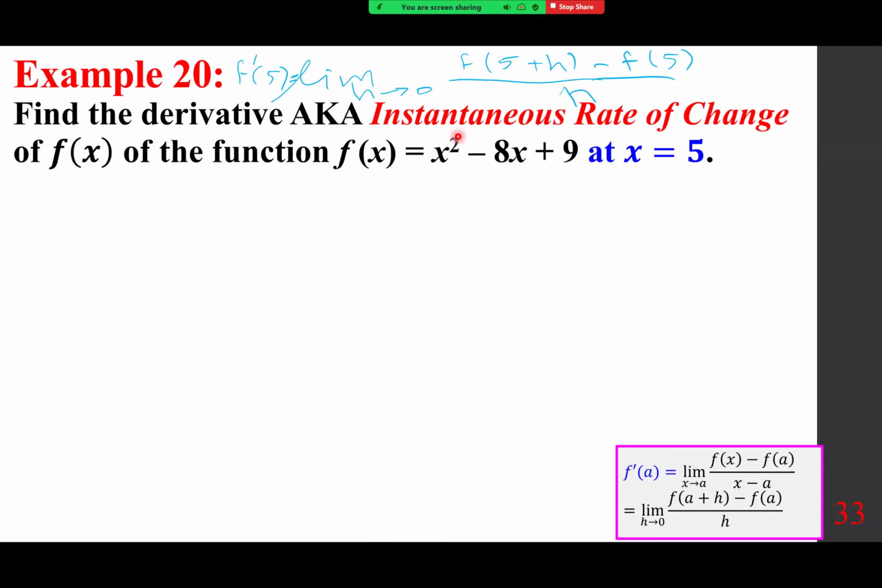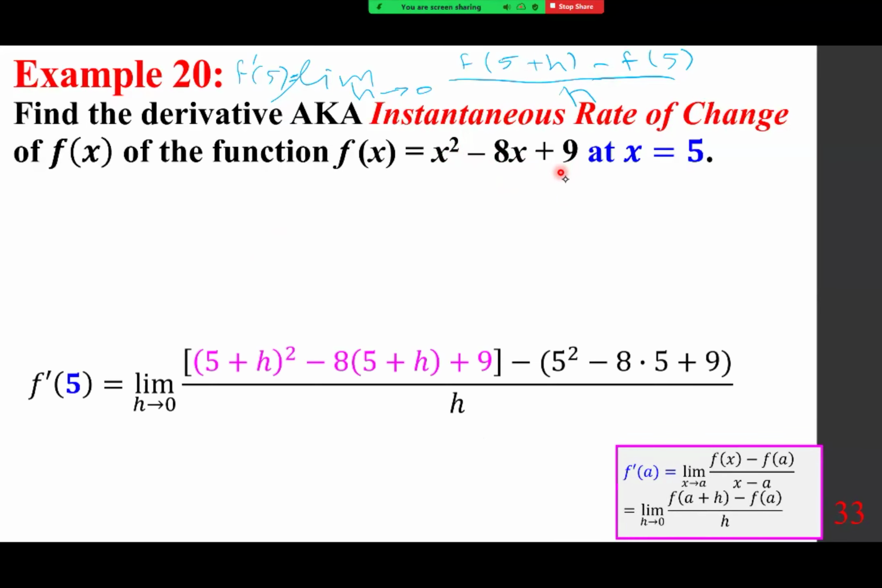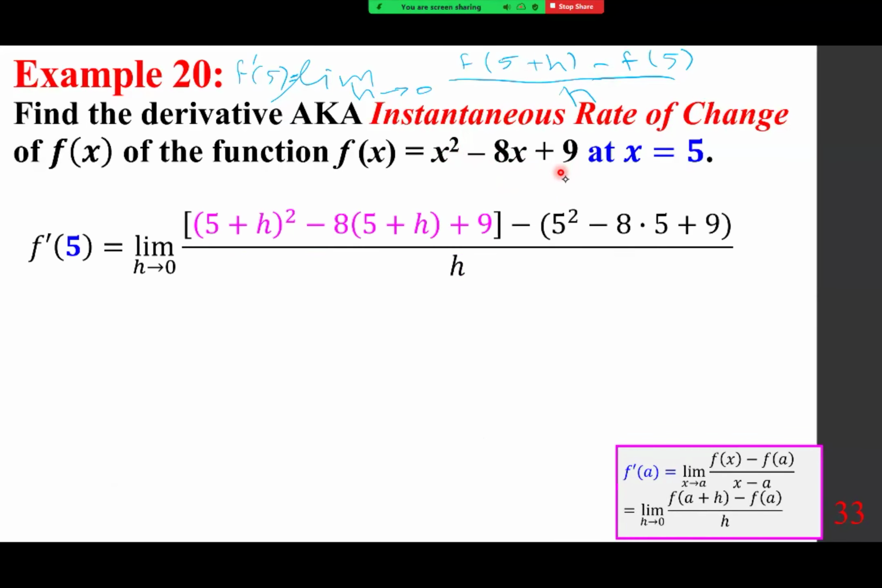of 5 plus h squared minus 8 times 5 plus h plus 9, and then we plug in 5, minus 5 squared minus 8 times 5 plus 9. So just plug. I hope you realize this is elementary algebra. You have to simplify this. In some cases, people just do this, simplify it. At the end, they apply the limit. In some cases, we keep the limit. Of course, everybody remembers this is